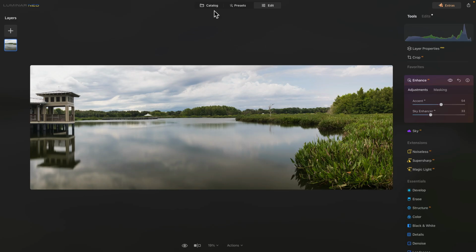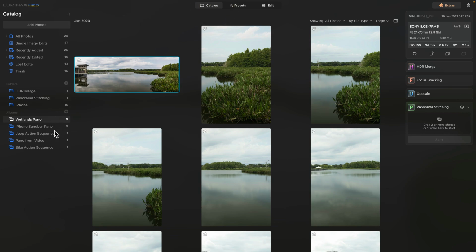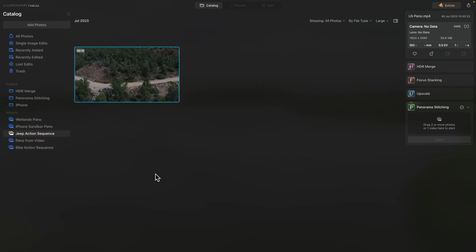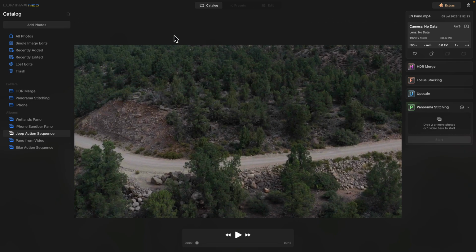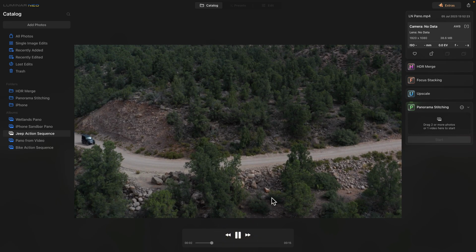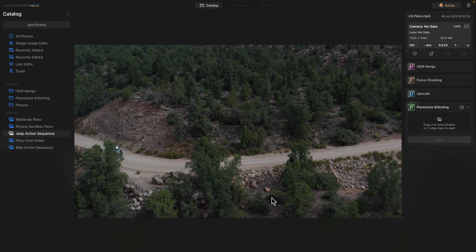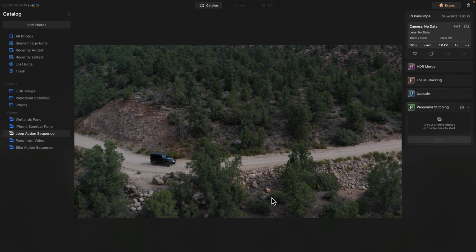All right, so what I'm going to do is go to catalog here, and I'm going to go to a Jeep action sequence album that I created. Now, you might be wondering, why am I working with the video? And that's the cool thing about this. Typically, I think when we think of panos, we're thinking of taking individual images and stitching them together to create an ultra high resolution, wide aspect ratio pano. But here, this is a video that I took several years ago in southern Utah, and I was sitting in the passenger seat of my Jeep Wrangler that I miss so much because I